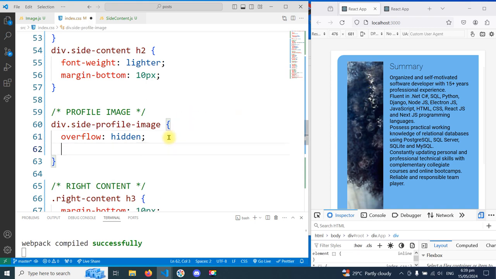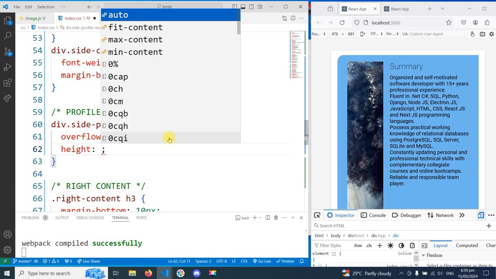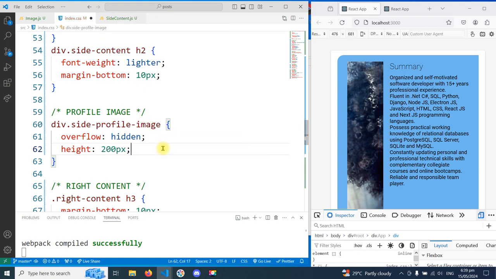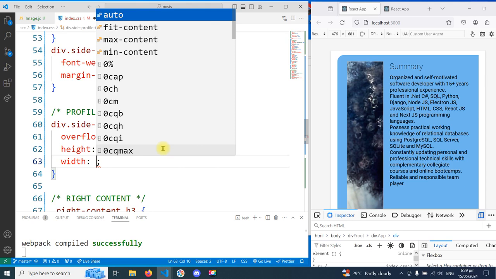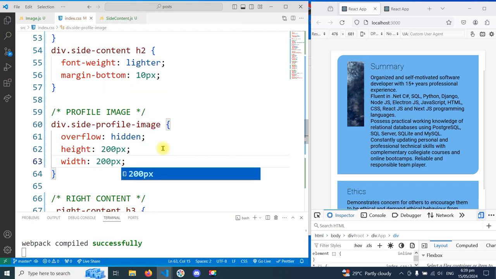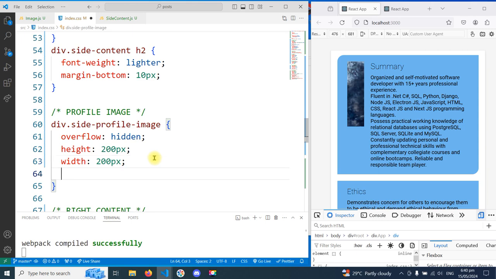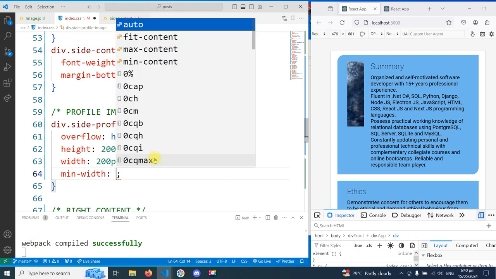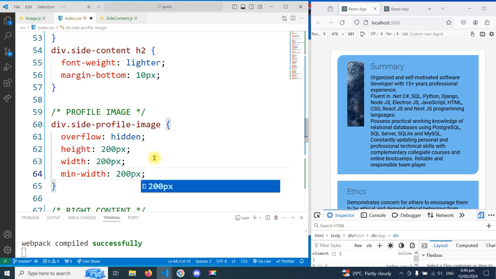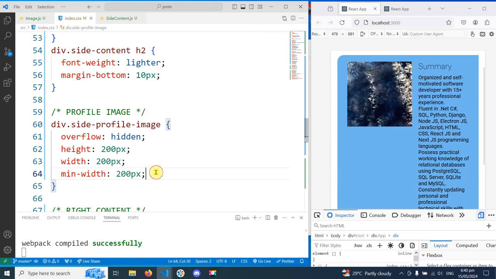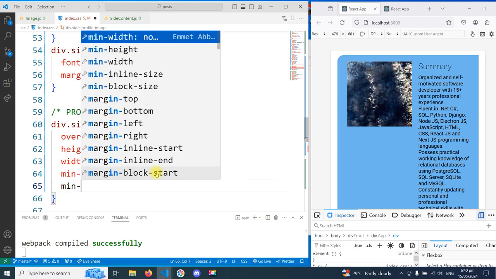So we would now set the height of the image to be 200px, and then the width also to 200px. Okay, and then let's ensure that it has a min-width. Let's set a minimum width of the same value, so it would force it not to collapse more than its original value. And then the min-height should